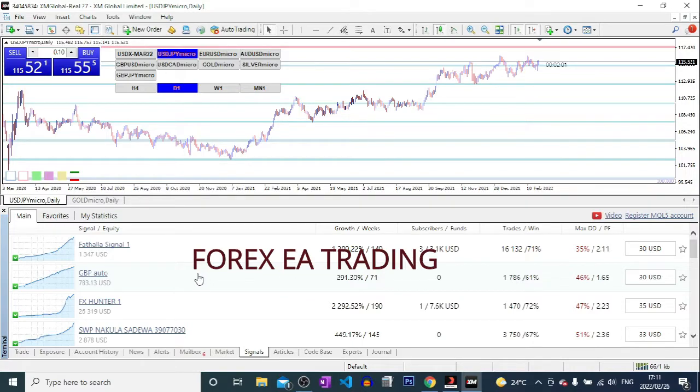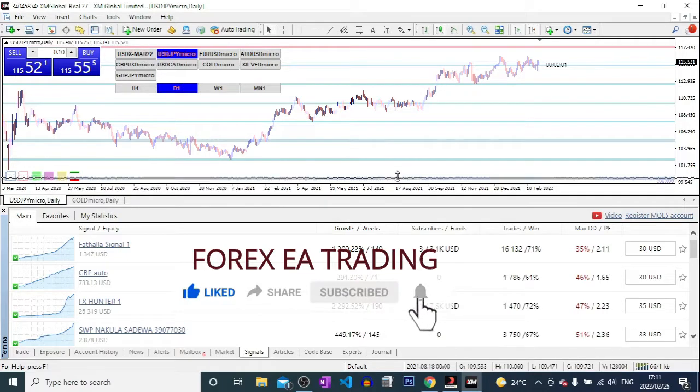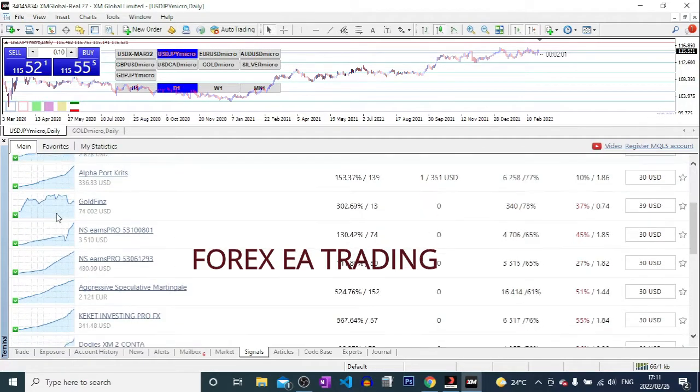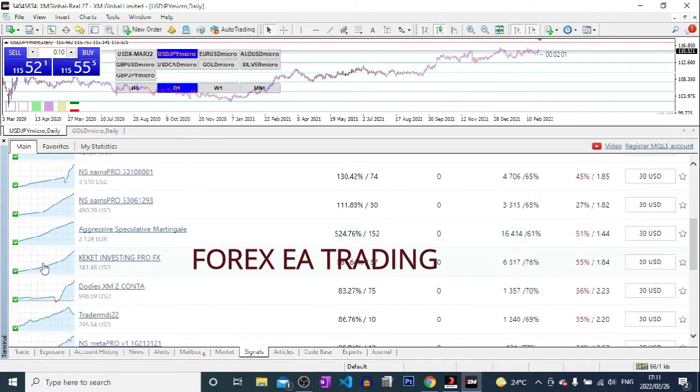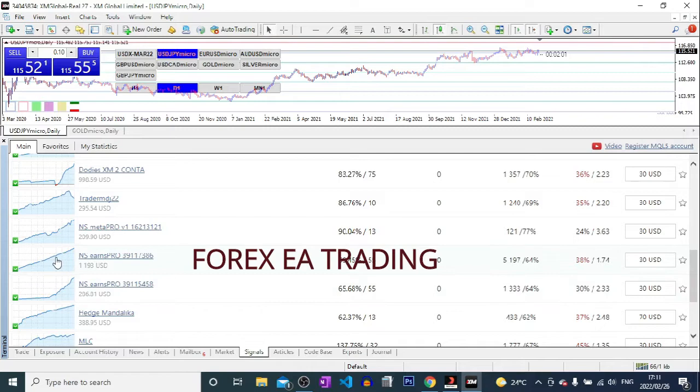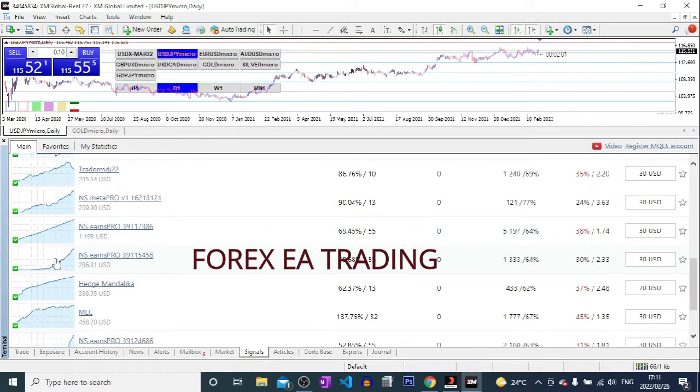This is where you can find people that are offering copy trading signals, and you can decide whether you want to sign up for their signals or you don't. You can see how they are growing their charts there. Be warned, don't take everything that you see at face value. Some of it is true, some of it is manipulated. In Forex trading, always keep your eyes open.